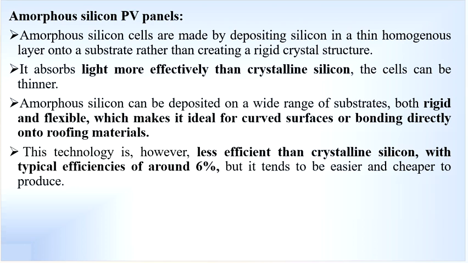Okay. Now, if you see, these absorb light more effectively than crystalline silicon. The cells can be thinner, and amorphous silicon can be deposited on a wide range of substrates, both rigid and flexible, which makes it ideal for curved surfaces or bonding directly onto roofing materials. Okay, there is some flexibility with respect to amorphous silicon, and this technology is, however, less efficient than crystalline silicon, with typical efficiencies of just around 6%. Okay, and it tends to be easier and cheaper to produce,